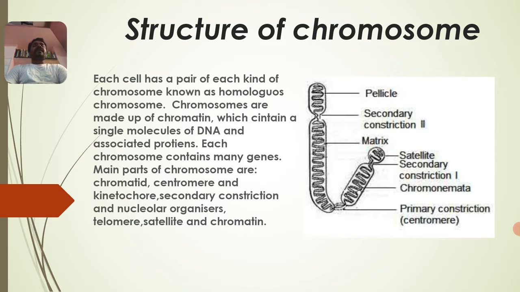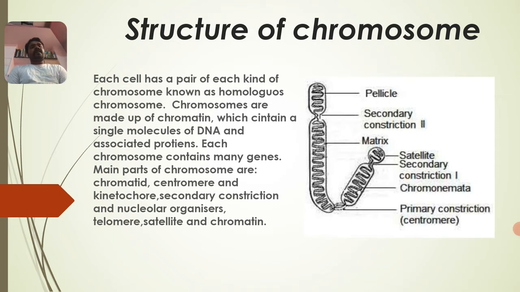And after that, what is the size of the chromosome? What is the number of chromosomes in different organisms? And what is the shape of the chromosome? Size varies in length and also in diameter. The largest chromosome is a giant chromosome, consisting of 300 micron. In number, chromosomes are more in dicots than in monocots, and the number of chromosomes is more in plants than in animals.